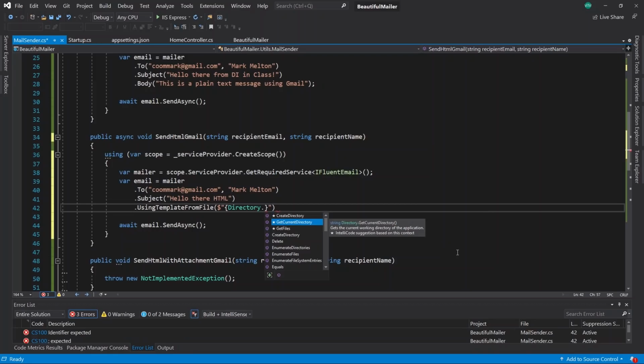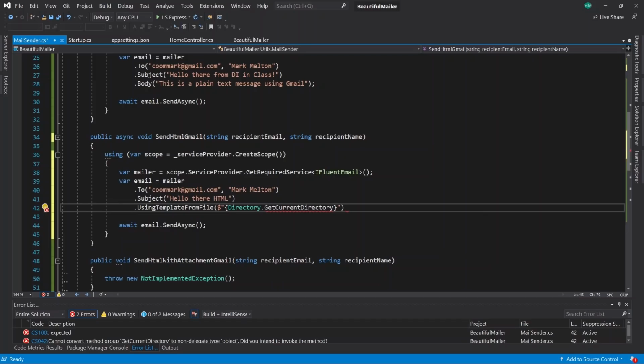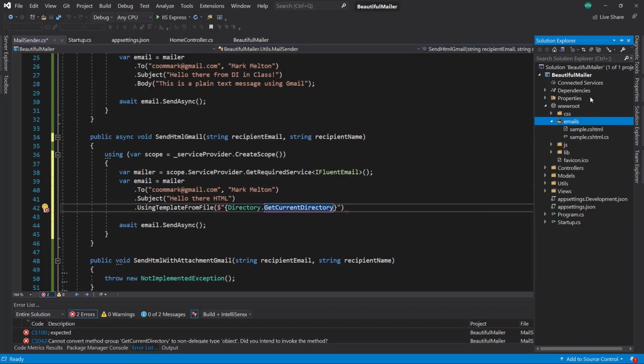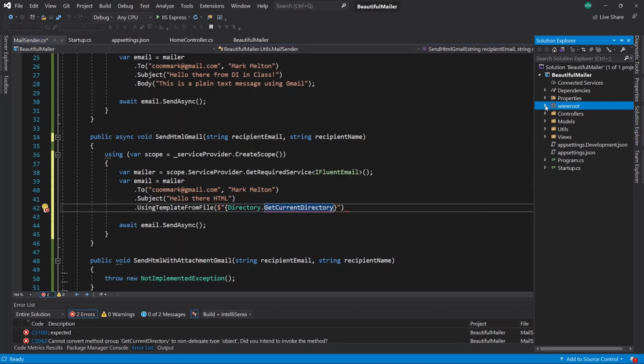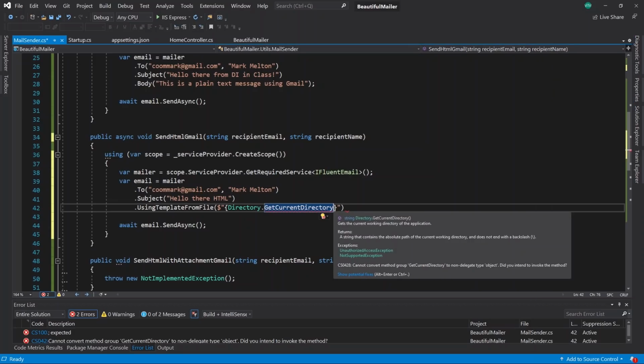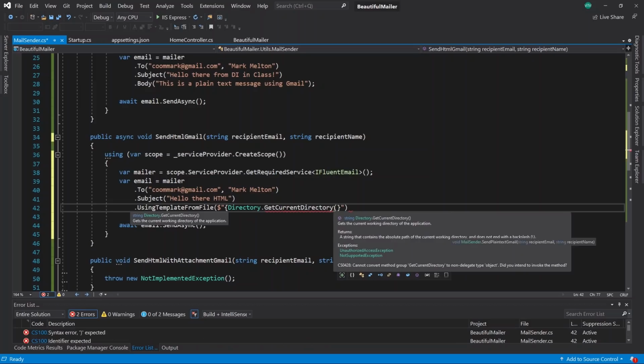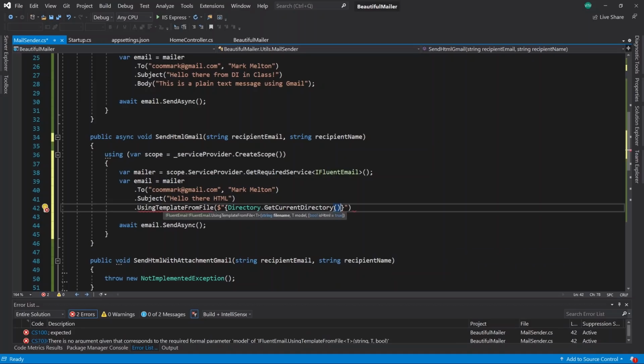So we want to start from the current directory, and our current directory is not Utils. Our current directory is BeautifulMailer. So that's the directory where we currently are, because when we compile, all of this code is going to sit here, right? Okay, so current directory,